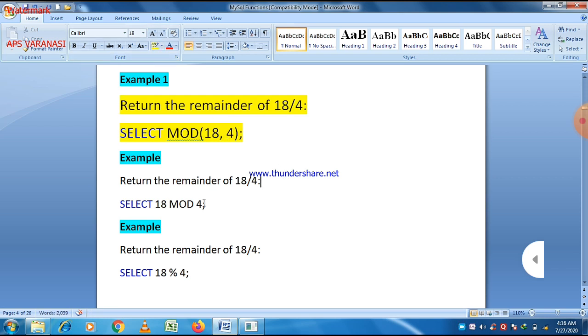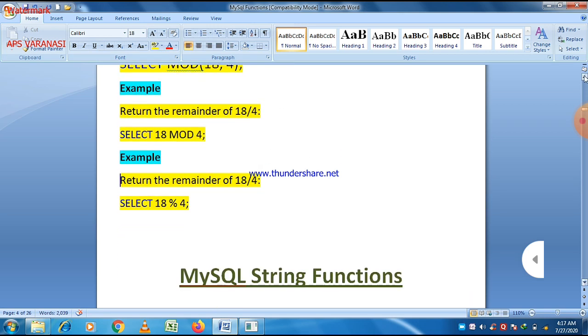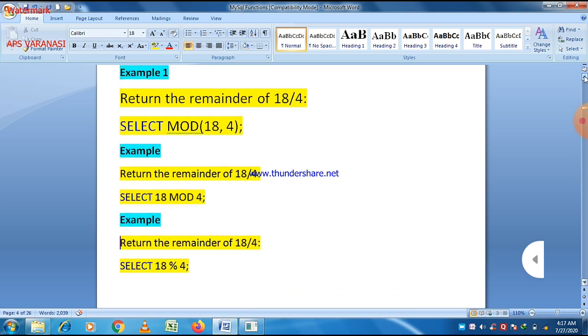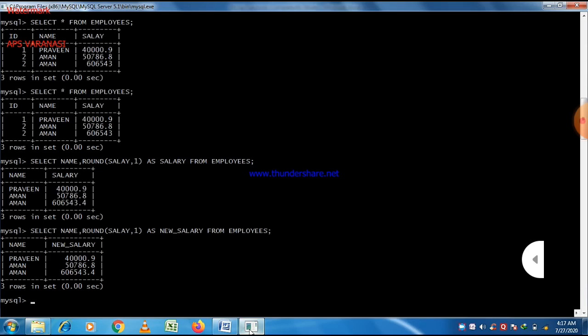That is the second example, or the second type of representation, and this is the third representation of it. All of them give the same result, but these are three different representations of the mod function. The third one is the operator, and the first two are uses of the mod function.